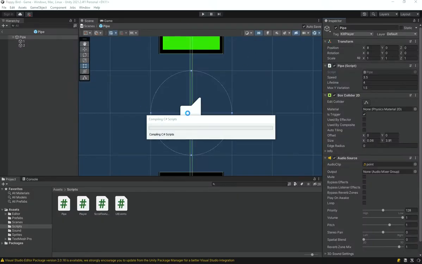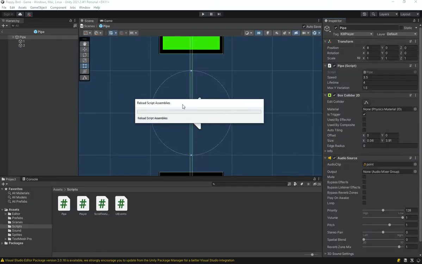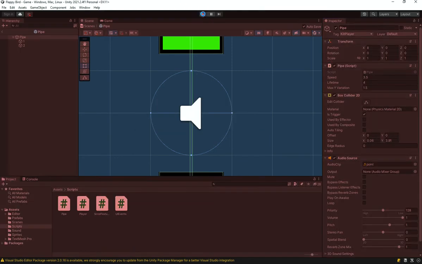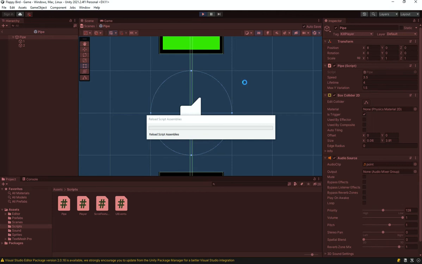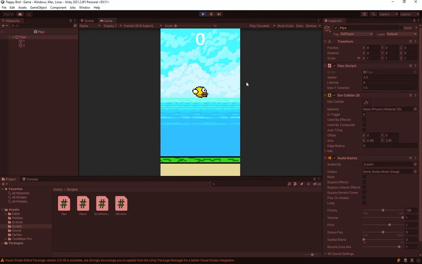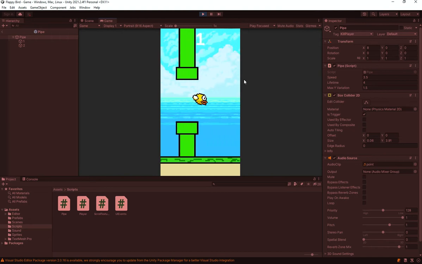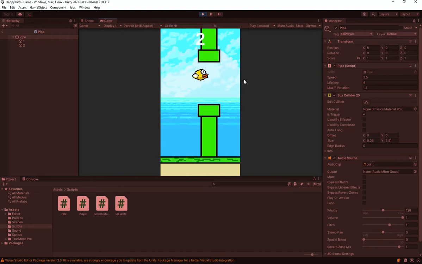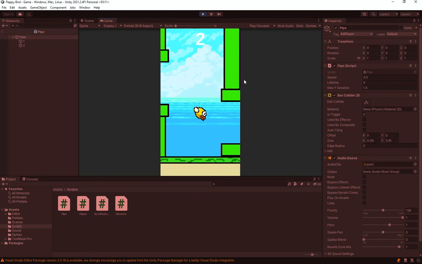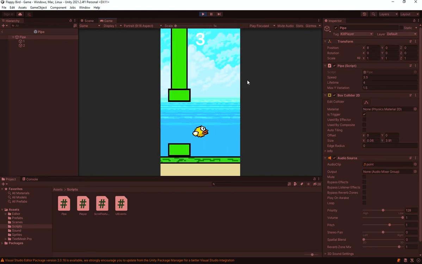So now if I go under Unity and let it compile, what you should see is that, well, it works. So let's just wait for it to compile and then hit play, and as soon as it starts, soon the pipe should arrive, and as soon as the bird goes through the pipe, it plays the sound, which is really nice. So we have got one sound implemented, and the next sounds to implement are the flap and die sounds,